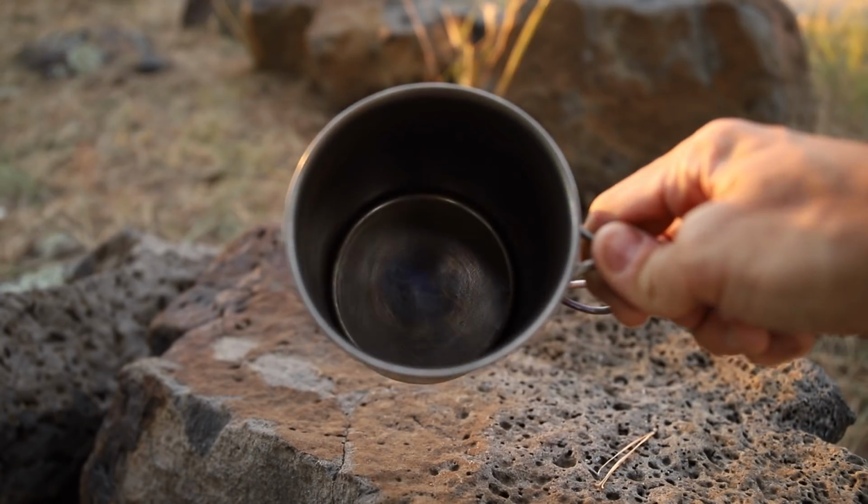And for me, 700 milliliters is more than enough for anything that I cook on the trail, from Knorr Sides to mashed potatoes to even hot couscous. This is my go-to mug, and the one that I've used more than any other cook system or any other pot that I own. So the Snow Peak LiteMax was and still is a great stove, but these days